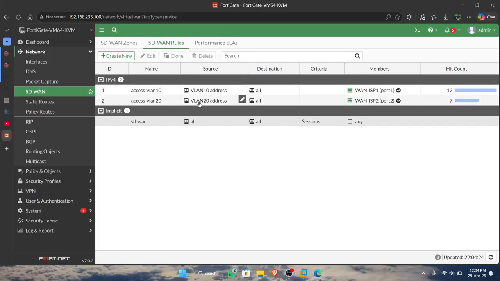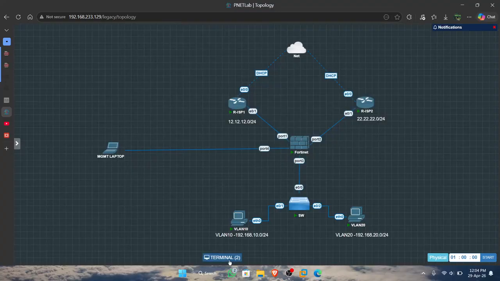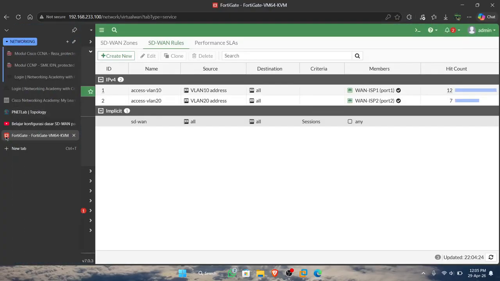We make the configuration for the failover. If we delete from the root disk, VLAN 10 can ping to the internet from port 2 through ISP2. Okay, that is the failover configuration.